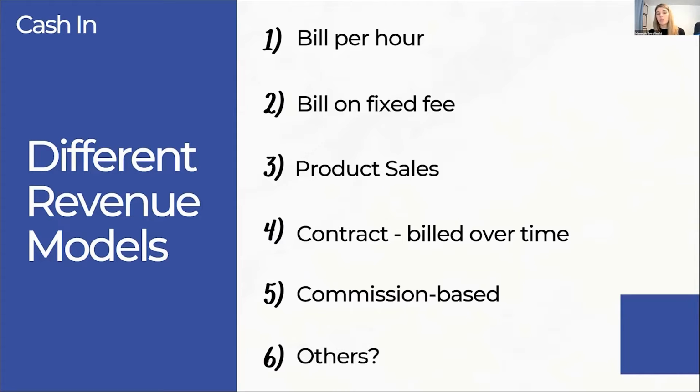And then we've got commission-based revenue models, which could look like an affiliate partnership or a relationship where every time you sell something for somebody else, you get a commission back. And there are some people whose whole business model is based on commissions. Think about bloggers or influencers. Most of the way they make their money is by promoting products and then getting some type of commission back